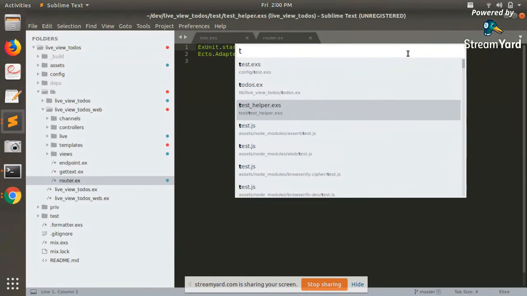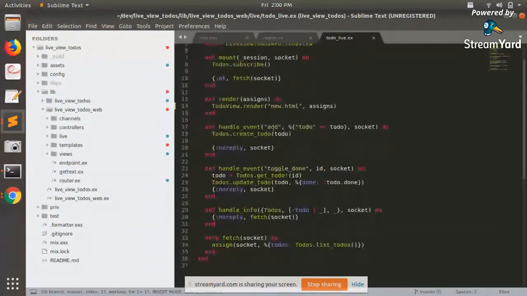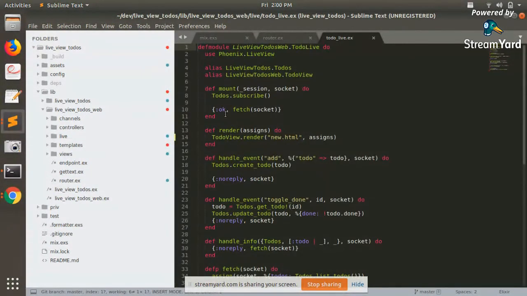So let's go to todo_live.ex. This is my live module. The first thing I do is get all my to-dos. At this point, I have a little bit of a different function. So I'll call this function, check all my to-dos, get them into my assigns, and call the function here. So at this point, I'll get all the data that I need. And then that data is pushed down to the render function. And then I will render a new.html, which is my template, which will be used to pass all the content to it. So in my new.html,